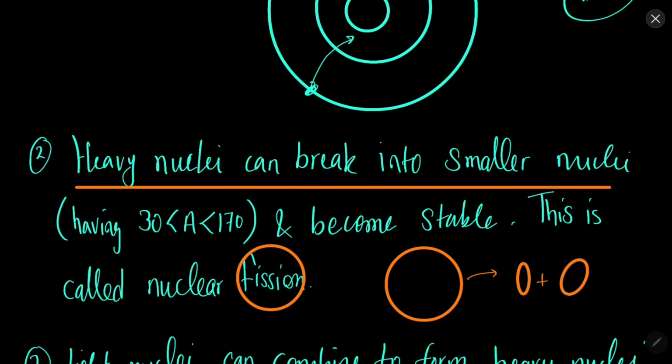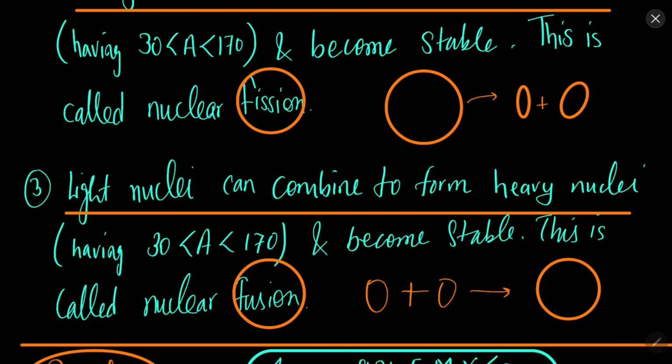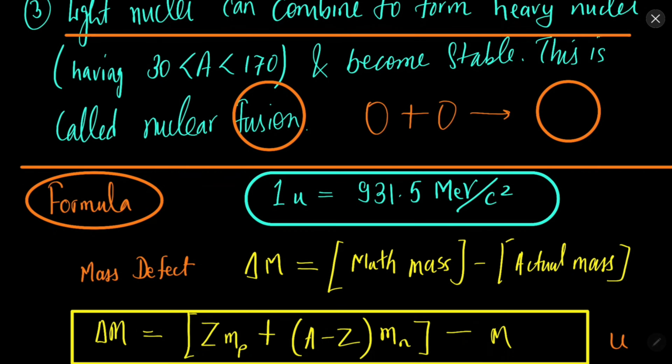Apart from that, we know that the atoms having mass number more than 170 are unstable. So those big nuclei can break into smaller nuclei and get converted into a mass number less than 170 and more than 30. Let's say mass number 56, or mass number 70. So it will become stable. And also if we have light nuclei, very small nuclei, less than 30, they can combine to form a bigger nucleus which has mass between 30 to 170. So again it will become stable. So these are the three ways in which the unstable nuclei can become stable.